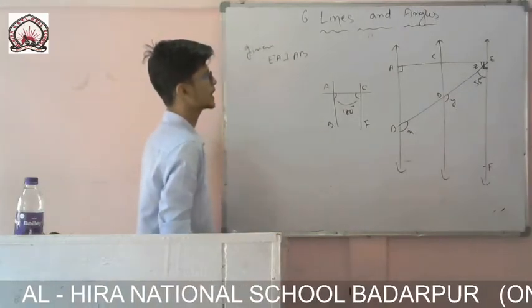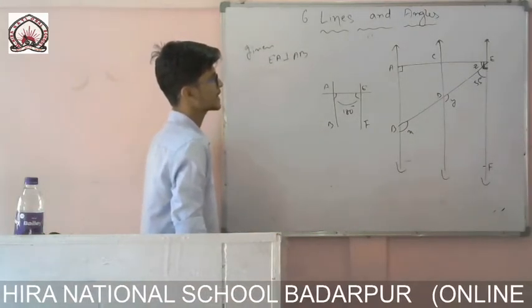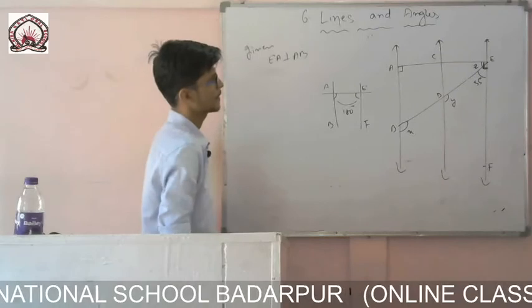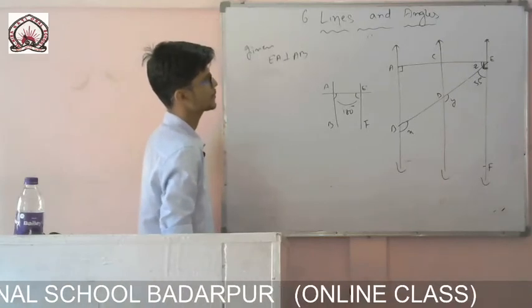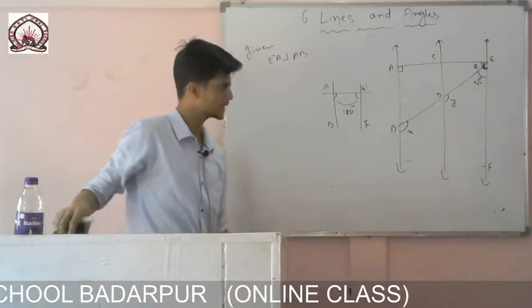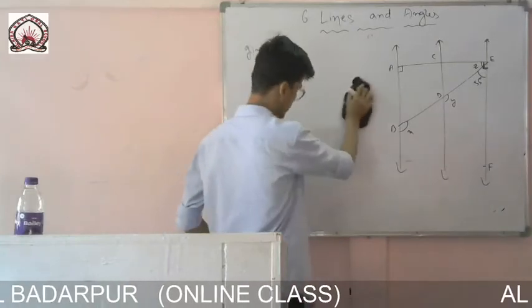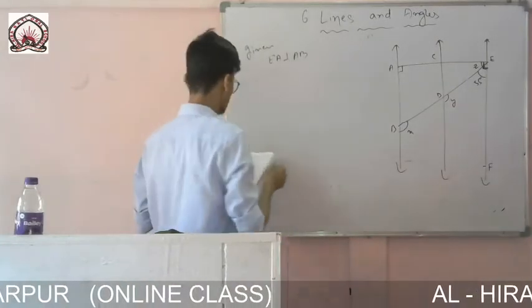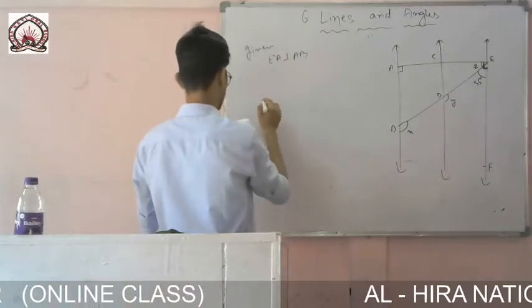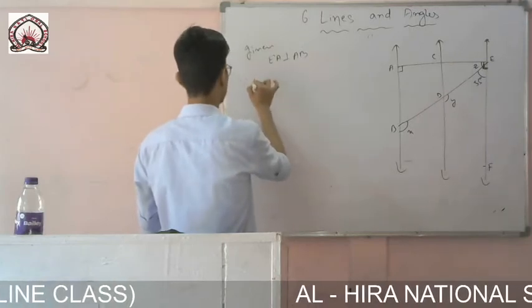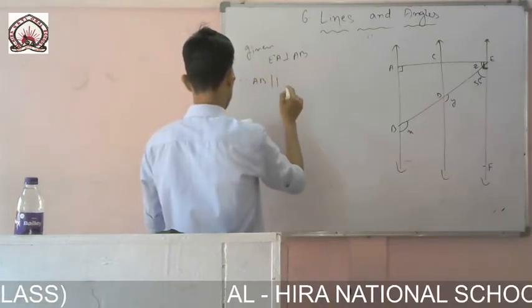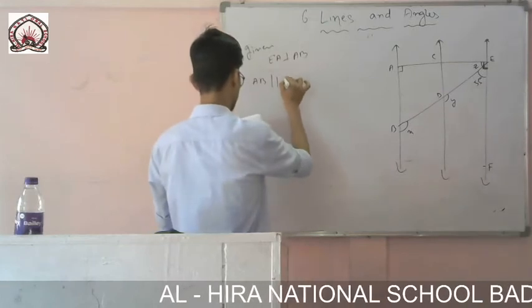Sum of co-interior angles is 180 degrees. That means I can write Z plus 90 plus Z plus 55 equals 180 degrees, and the reason will be co-interior angles. So you write, since